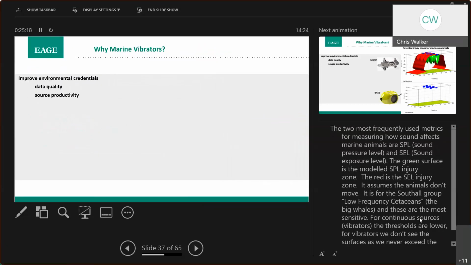So the application here is primarily for improved velocity model building using low frequency data. So I'm now going to move on to marine vibrators. And why do we want to use marine vibrators? Well, initially it was to